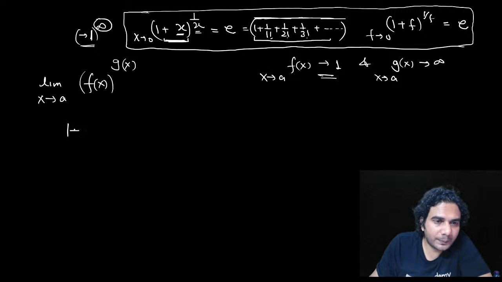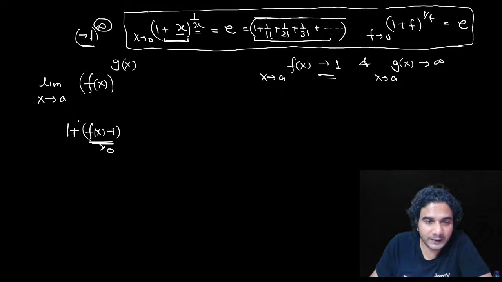We'll write this as 1 plus f(x) minus 1, like this. You can see this number will be approaching 0, because f(x) is approaching 1, so f(x) minus 1 will be approaching 0. So I've added 1 and subtracted 1. As I told you here, if f is approaching 0,